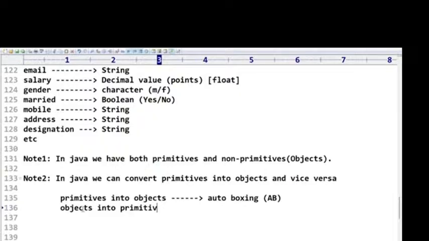Right. So now we are going to see the properties